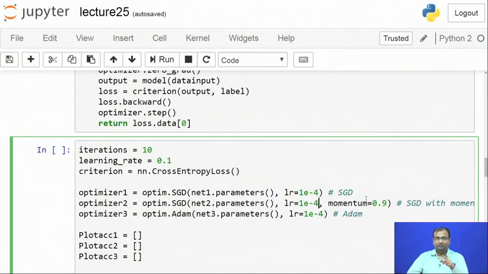So, this is the whole eta times nabla j plus a certain DC factor which is added. It has been found that with adding this momentum, typically what happens is if you are very close to one of these saddle points, so maybe your global minima is over here, but you are actually over here. Now, this being a local minima, your error is still going to settle down to 0 and you will not be able to come out,